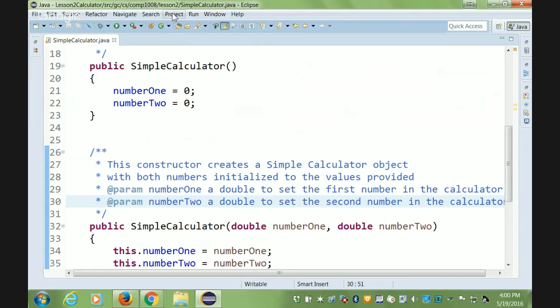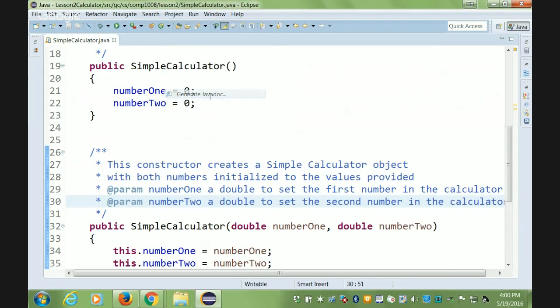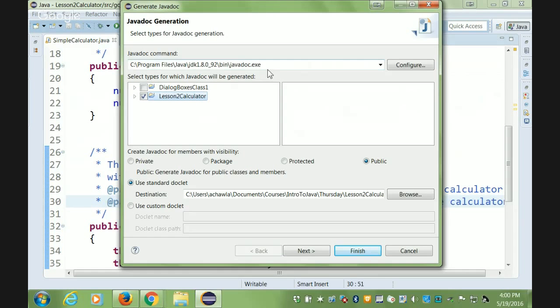Do this. Go to your project, say generate Java doc. Let's see what Java documentation has been created for you. You've put in Java doc comments. Let's see if it has been. So say generate. If you did not do this last week, you should point to the Java